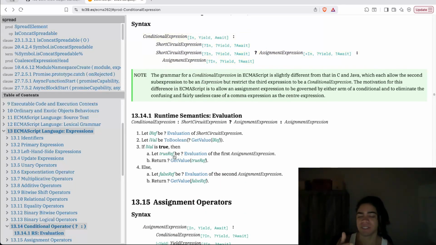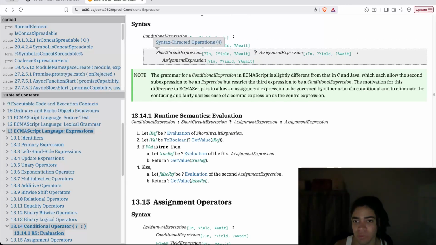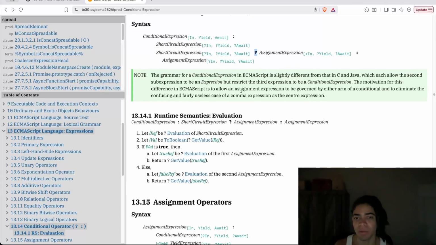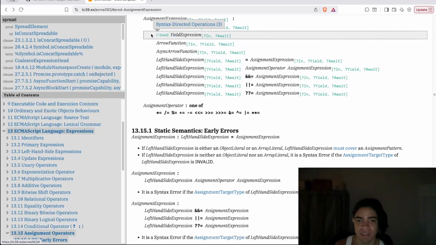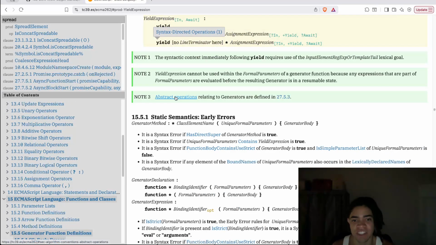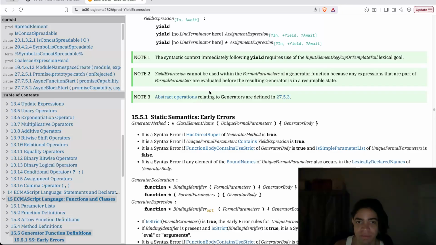And we also have the conditional expression, with the question mark, the ternary operator. This is essentially an if-else statement, but as an expression. Okay, so we have this conditional expression. We also have the yield expressions, which are used with generators as well. All right,